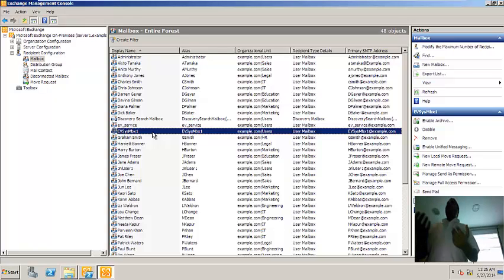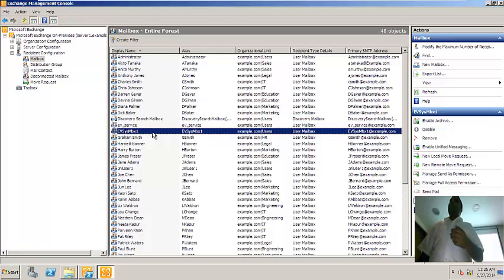Now if you are going to add that passive server in the EV, we cannot add it. To add it in the EV, to make it an archive target, there should be at least one system mailbox there. Got it? Okay.